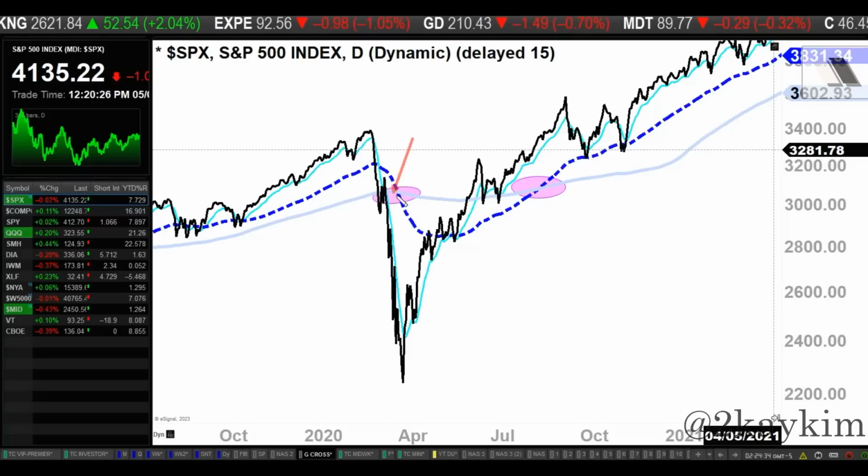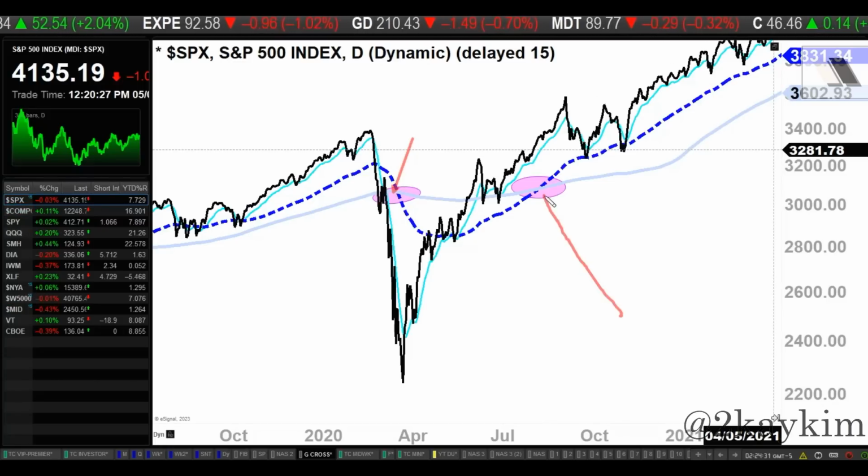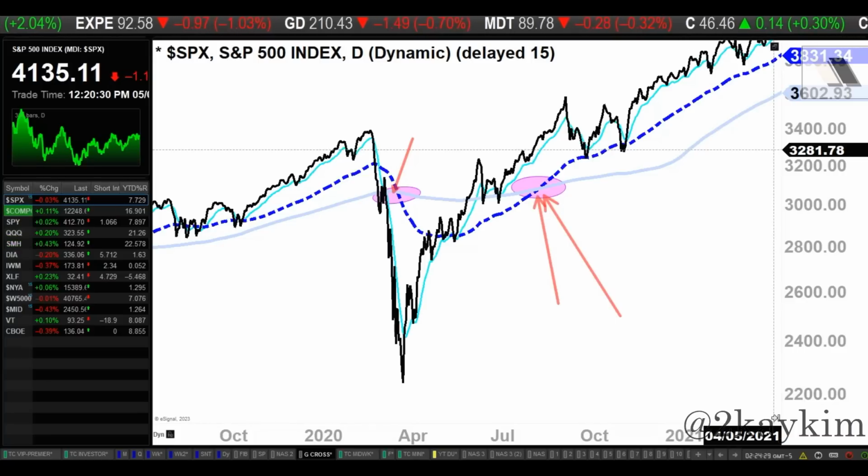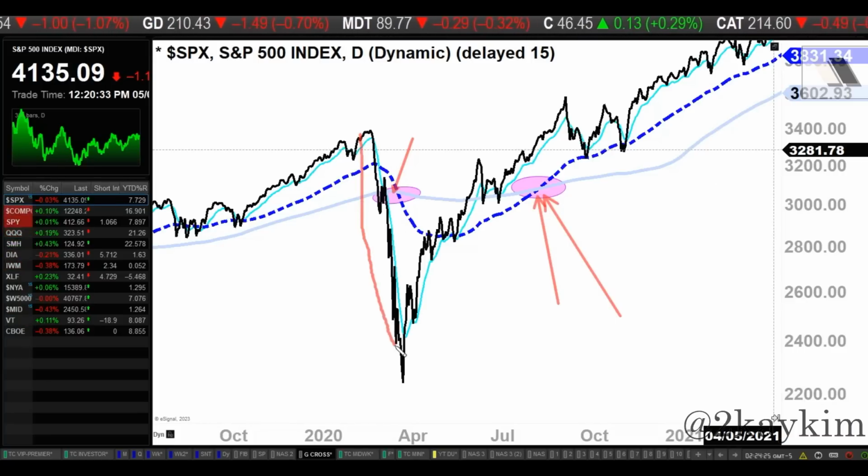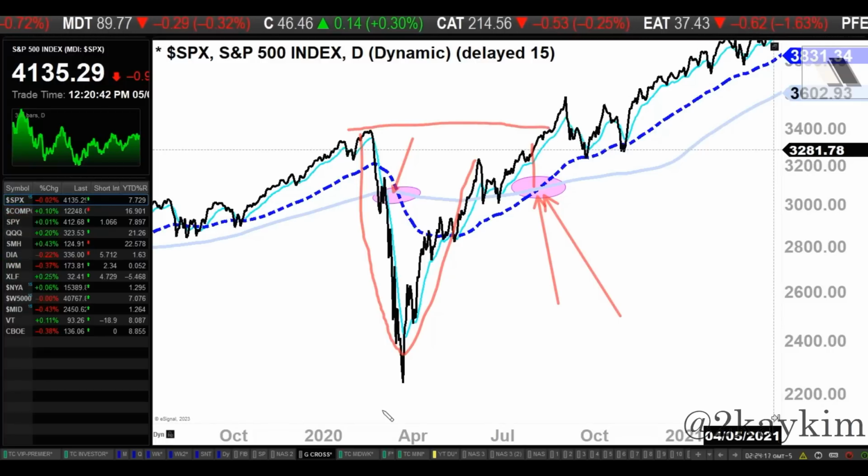That cross was here. And then how do we know when to get back? How do we know the market is ready to resume? That's going to be the golden cross. And a lot of times when the market reverses so fast, this signal right here could lag, because by the time you saw the golden cross, this thing already made an all-time high level. So you will need other tools to figure out if this was the low.